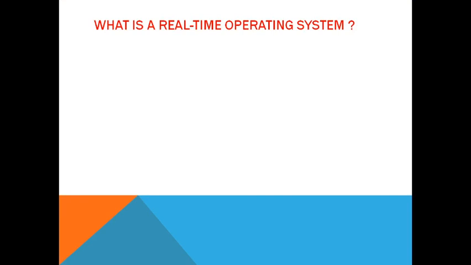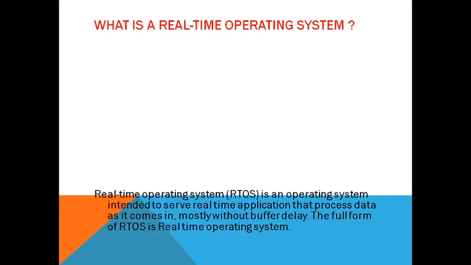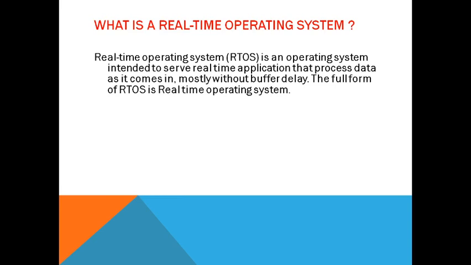So we will start from what is a real-time operating system. In the previous lecture, I told non-technically what the real-time operating system is. It is nothing but a bunch of system software which is responsible to control some applications and devices connected to it. If you remember, we have seen the diagram where the operating system is connected with printer, mouse, applications and different devices, and the operating system is responsible to monitor them all.